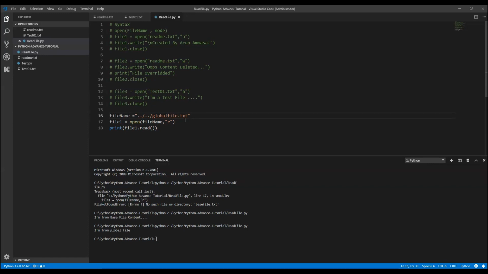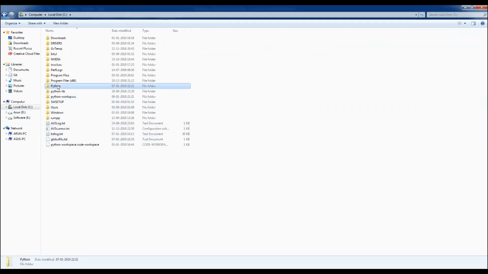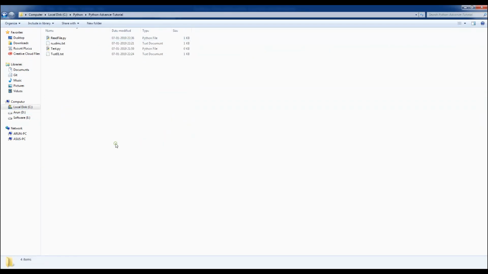Now we read the file from one folder behind or two folders behind. Okay, I have a folder inside my current directory. So how I'm going to read that? Okay, I'm going to my folder. It is there in my C drive and Python. So this is my current directory, right? Okay, I'm going to create a folder here,